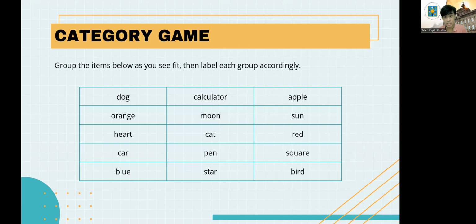Before we begin, let me just share my screen and let's have a short activity, a little game, para naman hindi tayo diretso agad with the lesson. As you may see in your screen, our activity is called the category game. We have 15 items in this table, and the task is to group the items as you see fit, then label each group accordingly. So basically, list down nyo lang in groups yung mga items na magkakapareho or may the same characteristics, and then label them according to that characteristic. Wala namang required number of groups or number of items sa isang group. Kung ano lang yung makita nyong appropriate and kung ano lang yung tingin nyo would be fit for that group,